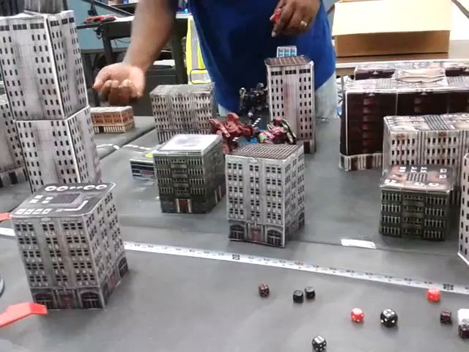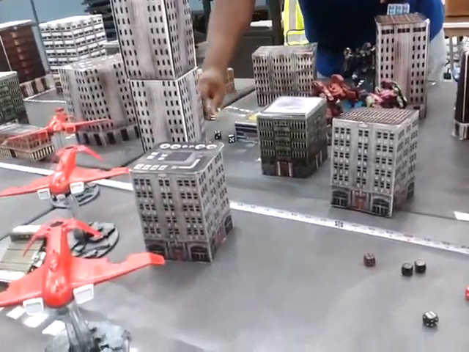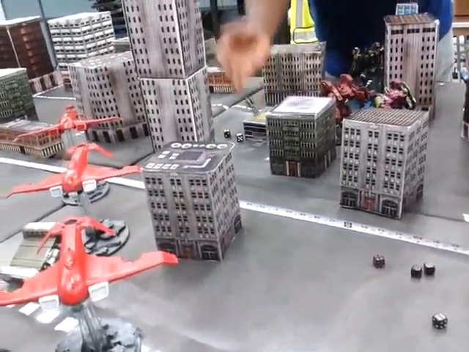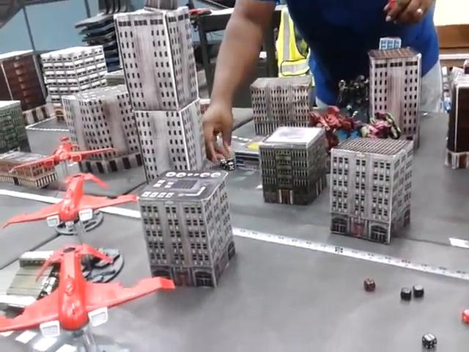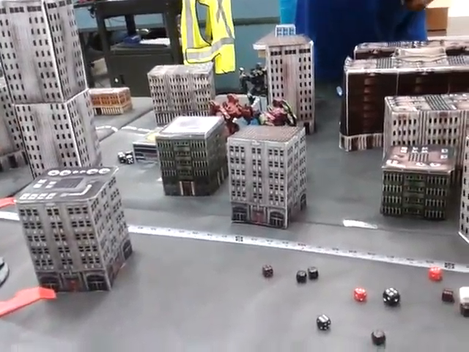charge, which is the 46 thrust move. Because of the formation, it's twin linked, so I can re-roll. So everyone will be moving 46 in the assault phase. So first,